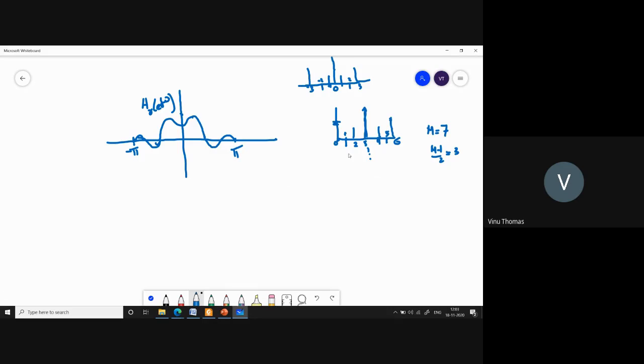And now when this is shifted by 3 samples, it is equivalent to adding a phase response like this. So you are interested only from minus pi to plus pi because those are your digital frequencies. So maybe this is your phase response that we have. This is the phase response, and the slope of this line would be 3 because you have shifted by 3 samples. So this is omega, and this is 0. This is theta of omega.